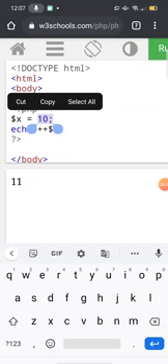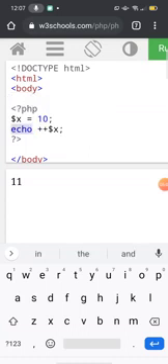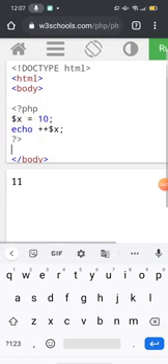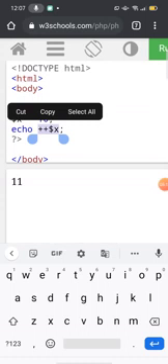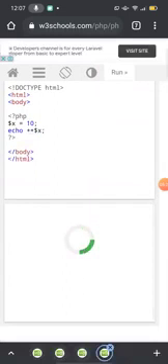The value of variable x is 10. Next, echo plus plus $x. That means the pre-increment operator has been used, so the value will be incremented by 1. Let us see by running this practical.